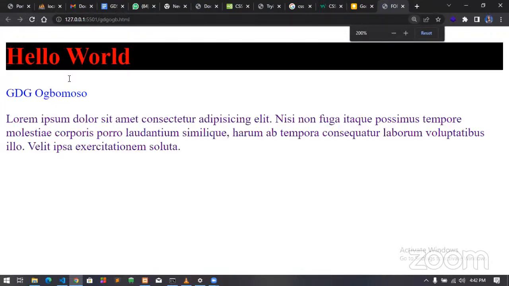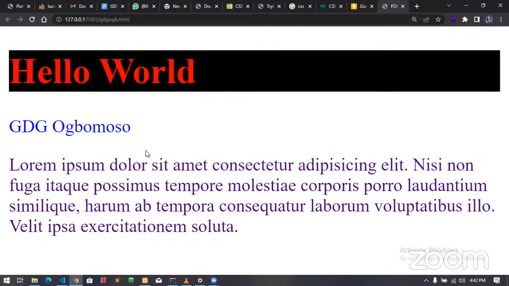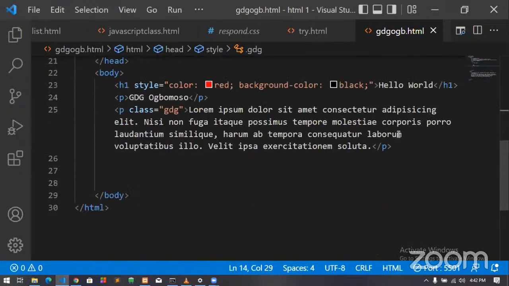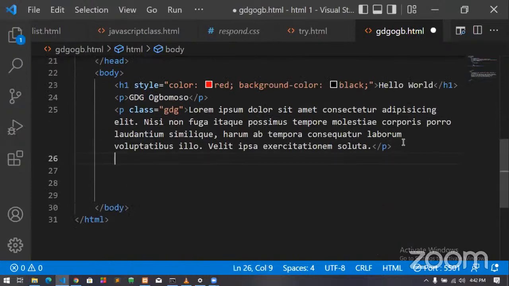Let me try and increase my browser so I can see that. Do we see that the colors are now getting different? Am I getting a response? Yes. Great. Now, this is me using a class selector. One beautiful thing is, you can use your class selector anywhere. If you have two different tags, and they are probably carrying the same styling, probably you have a class that is just giving something a color, probably your brand color.